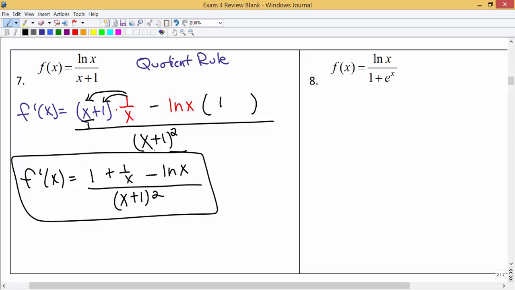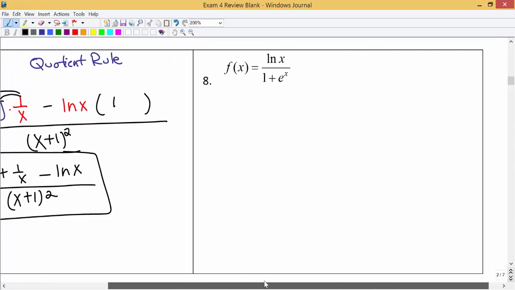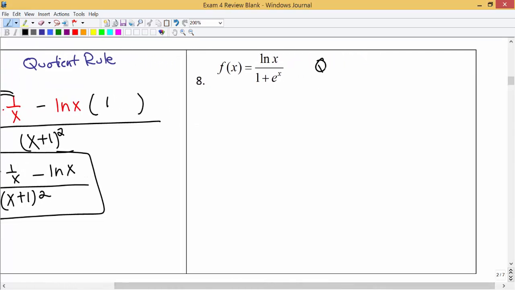For number 8, we're going to use the quotient rule again. We have a function of x at the top, and also we have a function of x at the bottom. So the first derivative would be the denominator, as is, times the derivative of the numerator, which once again, the derivative of the ln of x is just 1 over x,